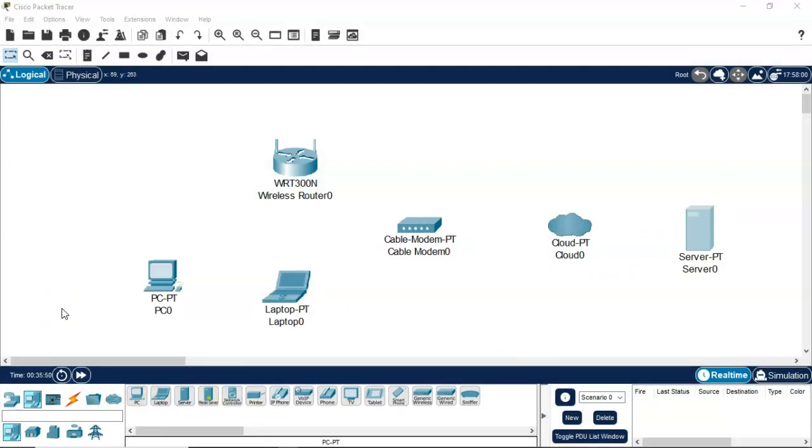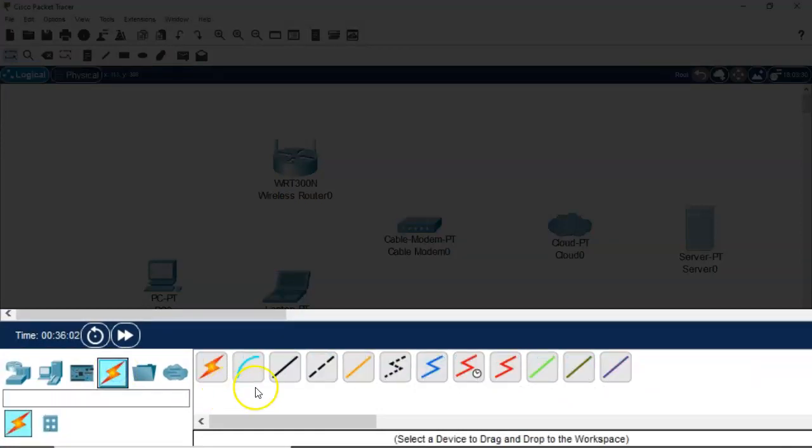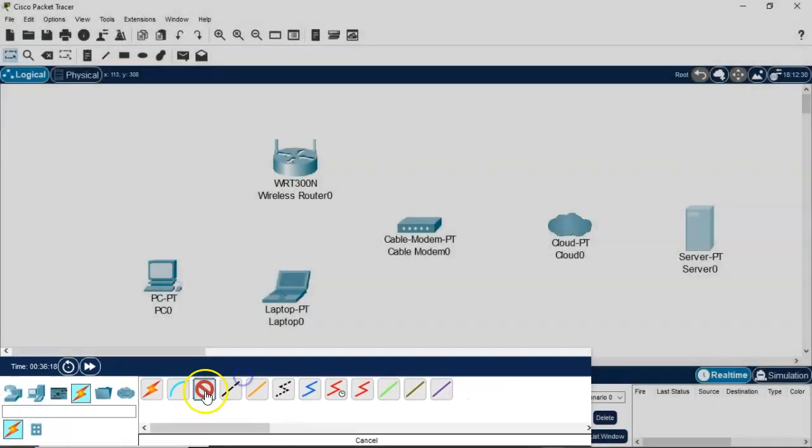We next need to add the connectivity to our logical diagram using the correct cable type. To do this, we're going to click on the lightning bolt down here where we have our device display. And here over in the next window, you see that we have our different cable types. We're going to use a straight through cable, which is marked here in a solid black line. And we're just going to take this, click on it,